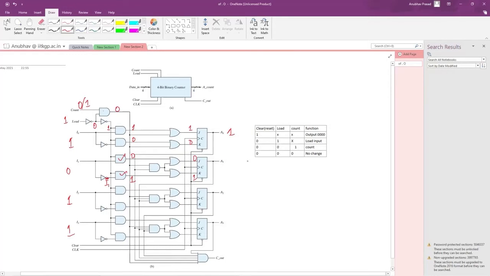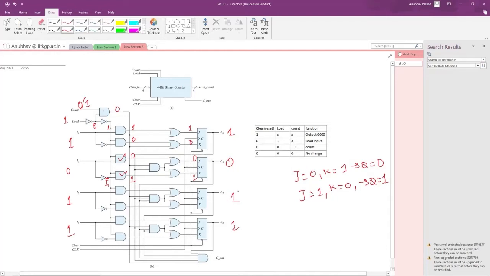So in a JK flip-flop, if J is 0 and K is 1, then the output changes to 0, and if J is 1 and K is 0, then the output changes to 1. So A1 will be 0. Similarly A2 will be 1 and A3 will be 1.